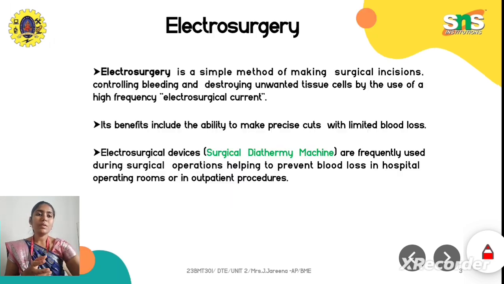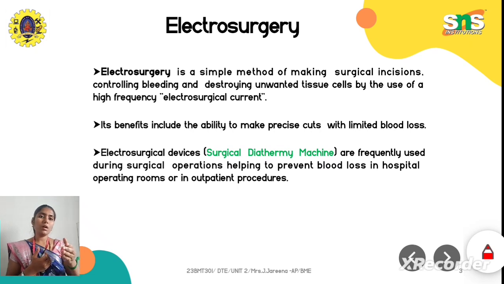So let's start with the basic introduction of what is ESU, that is electrosurgical unit. The electrosurgical machine is one kind of therapeutic equipment where high frequency current, that is electrosurgical current, is used in order to cut or coagulate the blood vessels during surgical procedures. The reason is that here we are using high frequency current in order to make a precise cut with limited blood loss. That is one kind of welcome application you can have in surgical procedures, because